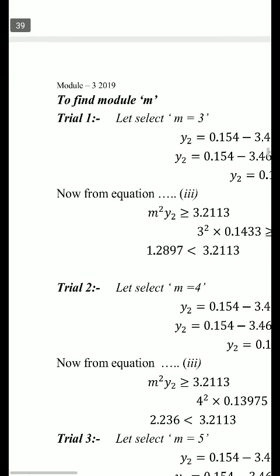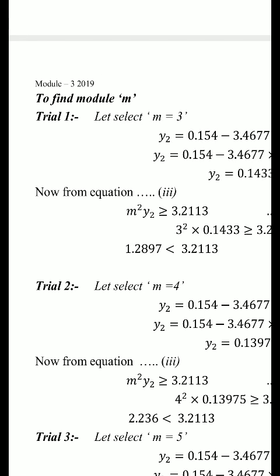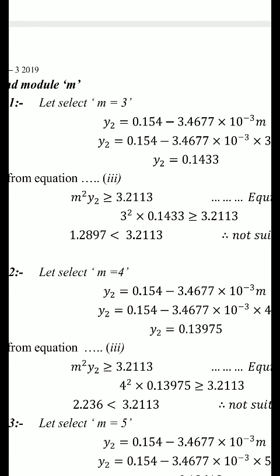Next, we need to find out the module. m is equal to 3. You can start from 1, 2, 3 like that, but we have directly considered it, so you can select the module m equal to 3. Module 3, trial number 1, substitute the value of Y2 in the Y2 equation.